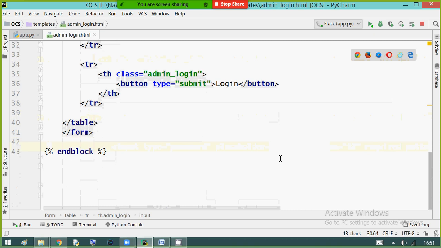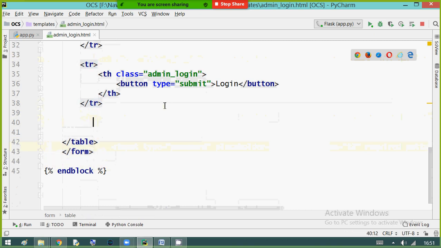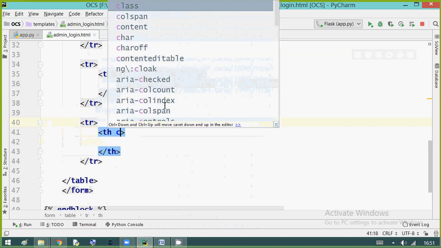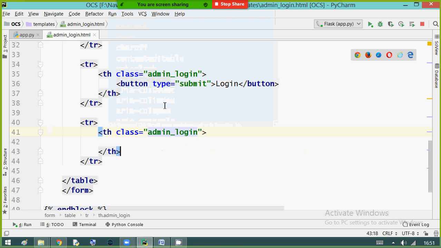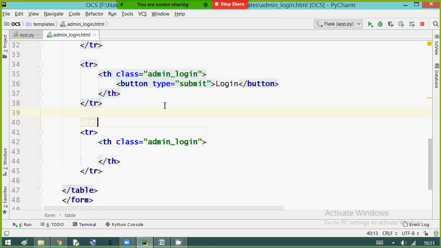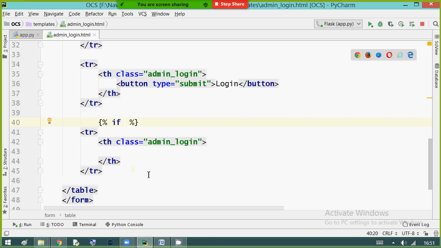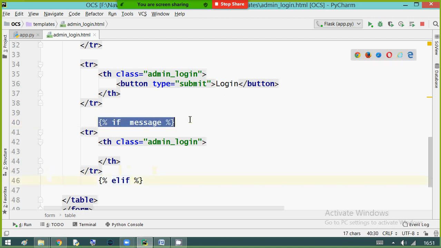This is the name I'm going to use in adminlogin.html. In adminlogin.html, I'm writing one more table row. Observe carefully. In the table header, I'm providing the same class name for this, to align in the center. This table row I'm writing inside an if condition: if you get the message, then only display. Yes, this is my tag. You can say block tag also, as I said in the previous videos. So this is my block tag.